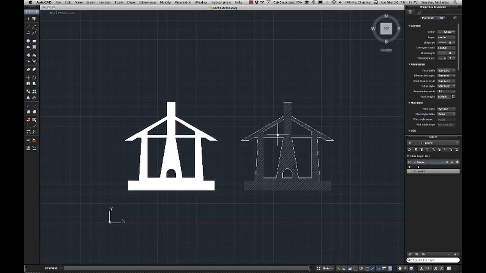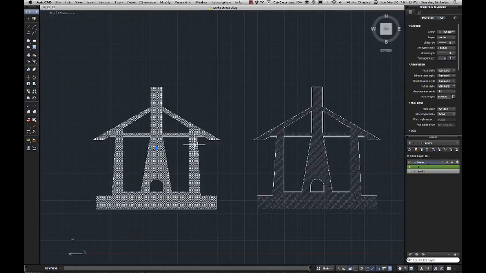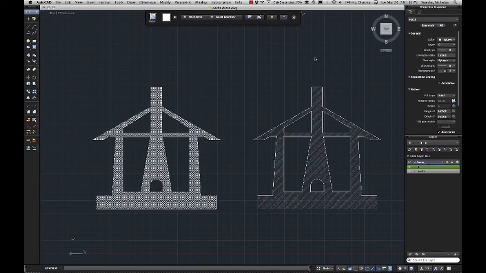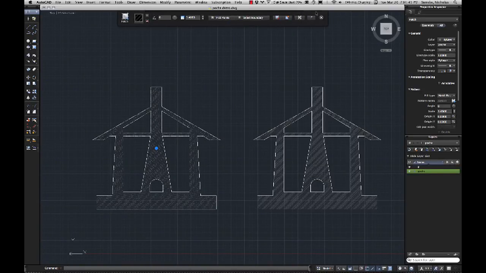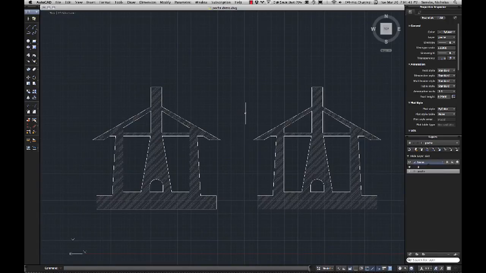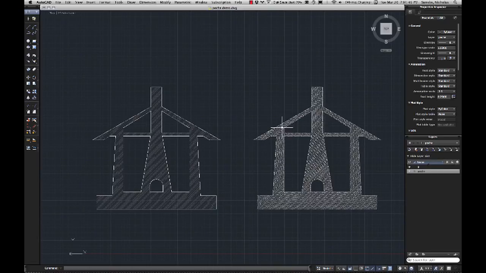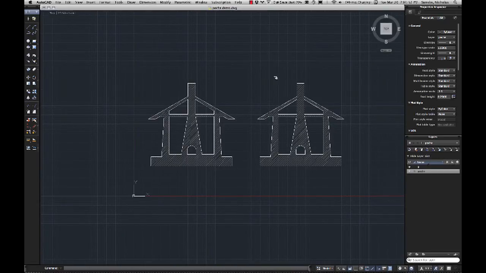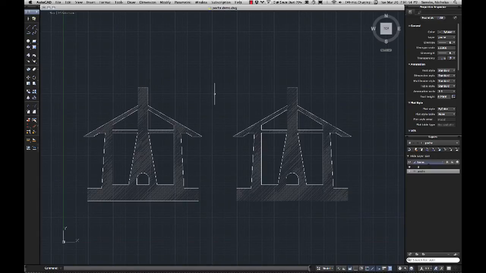So you can always go back and mess with it if you feel like you didn't quite get it right. And if you click on something, you can use the eyedropper to pick that same scale, the same hatch pattern, and the same layer from something else. So that's really useful. That's poche in a nutshell, and that's how you would render any kind of hatch pattern,